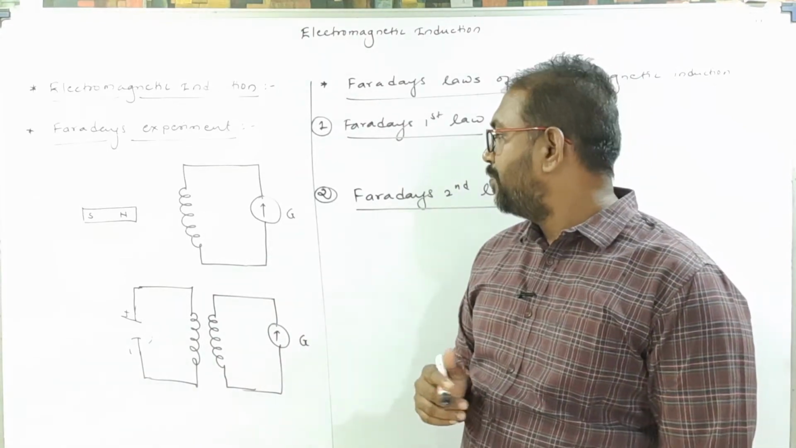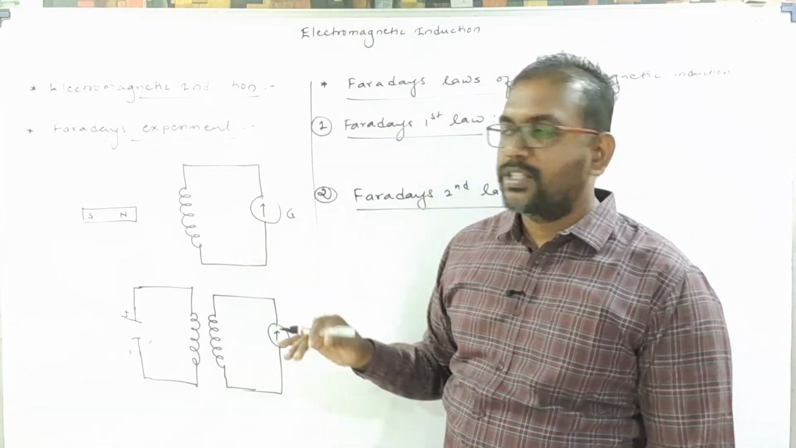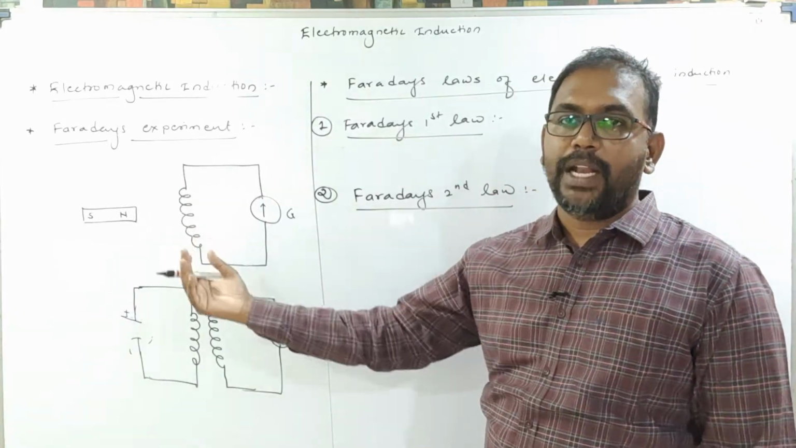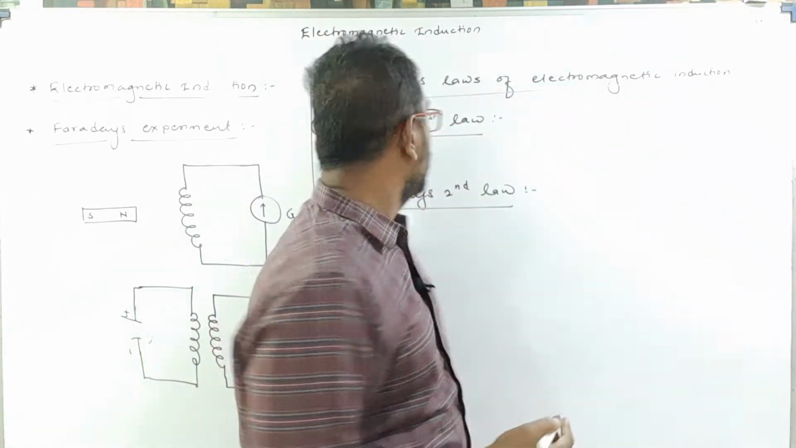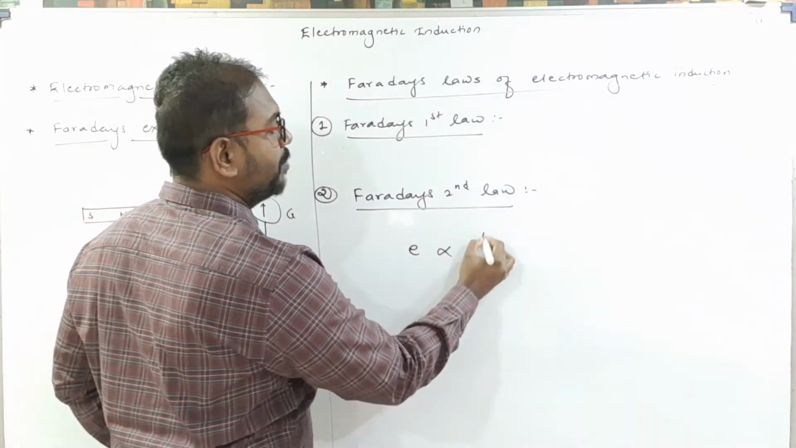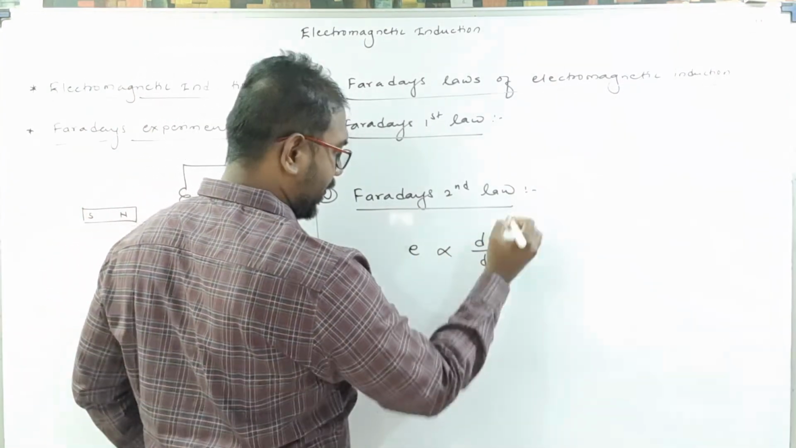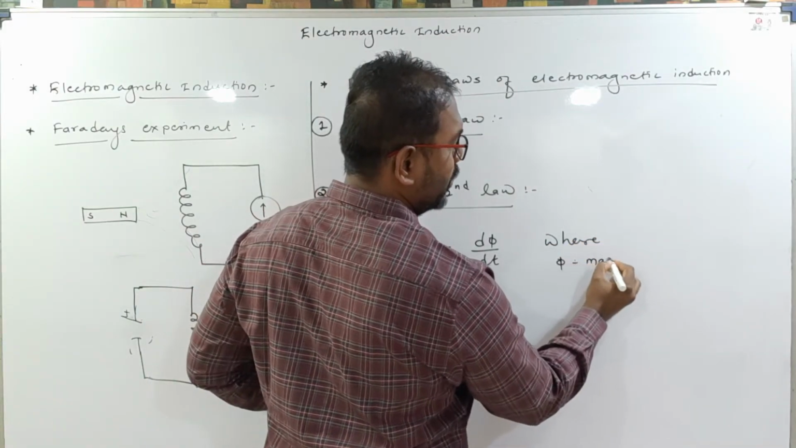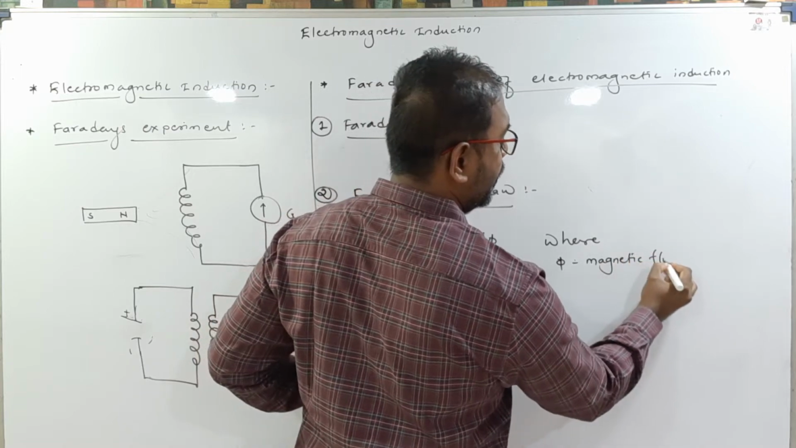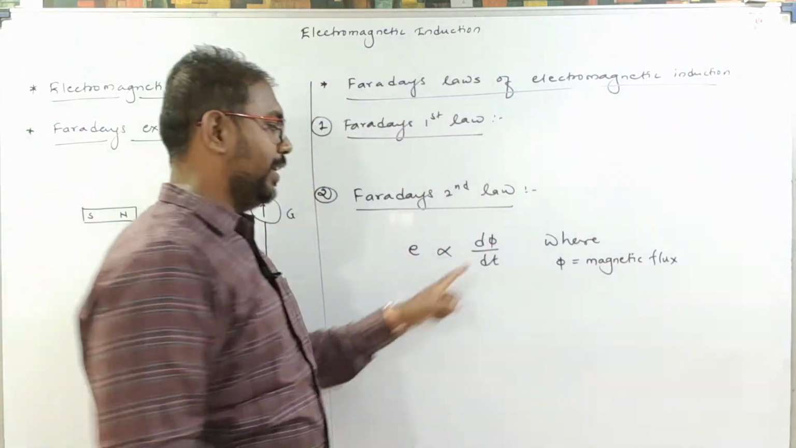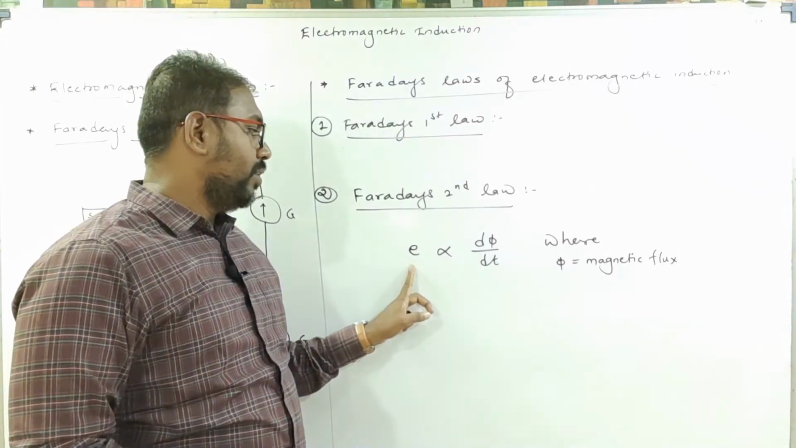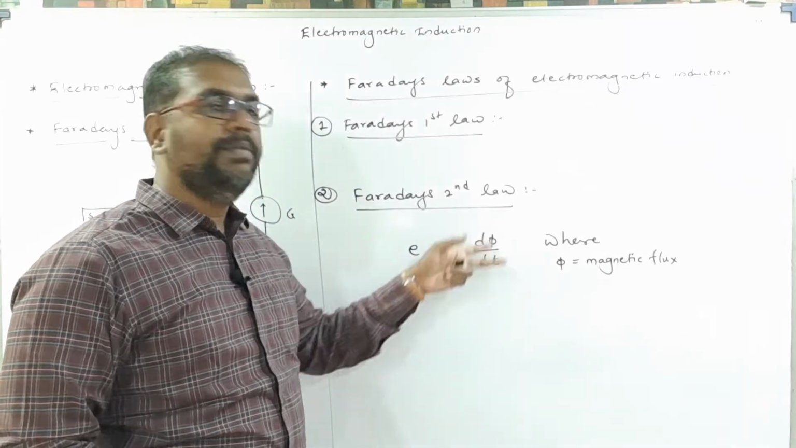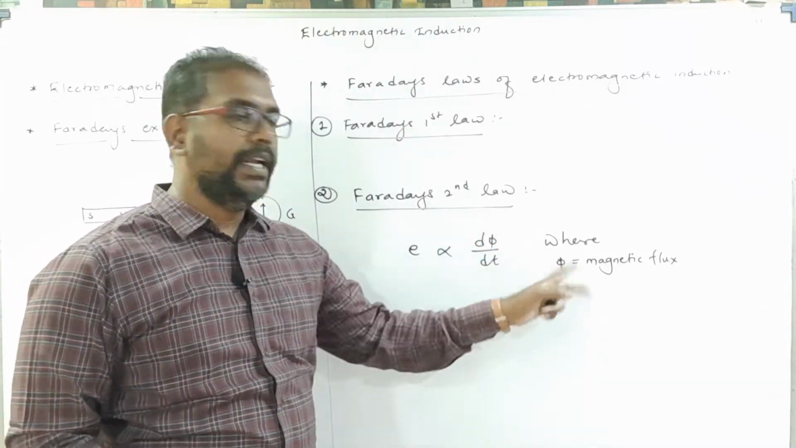So it means that the EMF induced, or the current induced, depends on what? The rate of change of magnetic flux. The more the rate of change of magnetic flux, the more the EMF is induced. So we can write here, EMF induced is directly proportional to the rate of change of magnetic flux, where phi is magnetic flux. So EMF induced in a coil is directly proportional to d phi by dt, the rate of change of magnetic flux